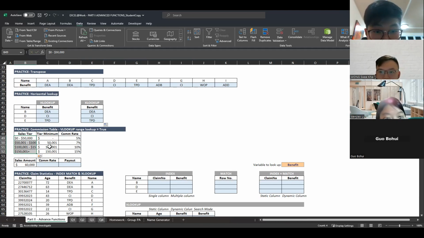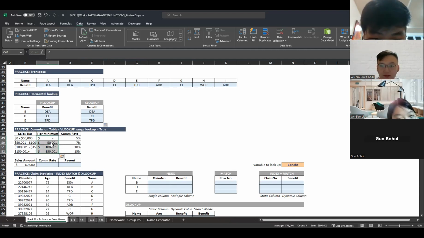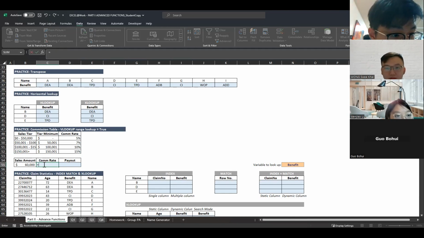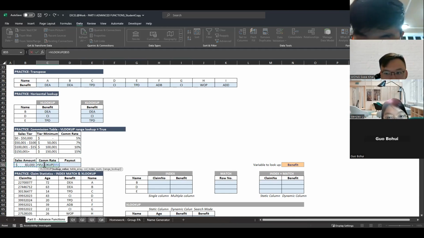So let's put the working columns in. I'll create a minimum tier. So the minimum tier of 0 to 50K is just $0, and the minimum for the next is 50K, $1, and so on and so forth. All these working values here will be helpful for me in this particular scenario. Because if I do a VLOOKUP here, I search for this particular value, 60K.